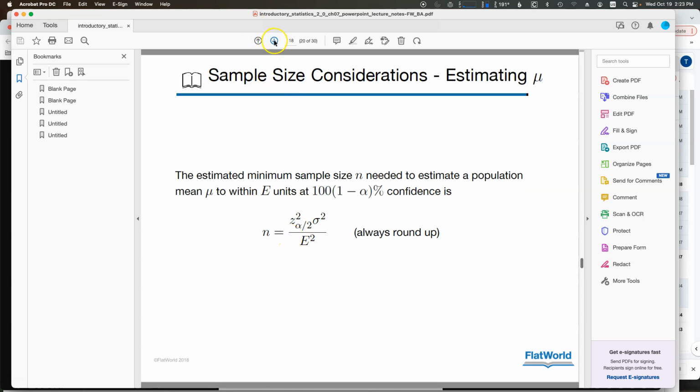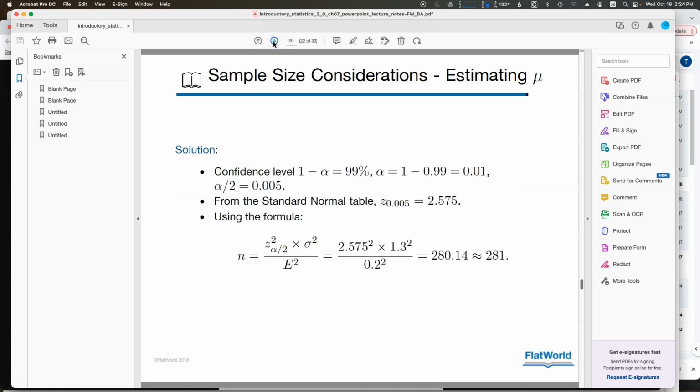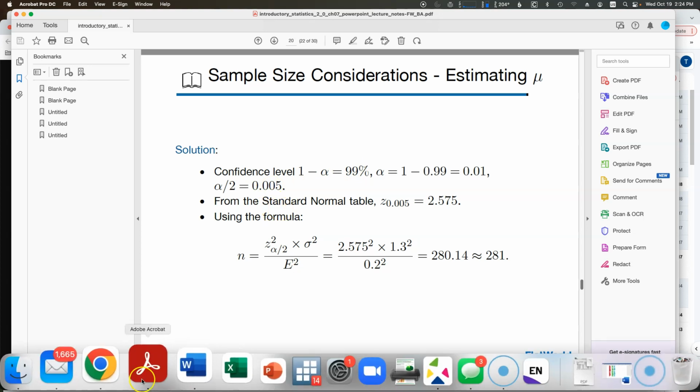See, aren't these the times when you're glad this is an online class and you don't have to remember this statistic? So we want a 99% confidence level. And so that would mean we'd have 0.5% on either tail, right and left. We now need to go to our standard normal table